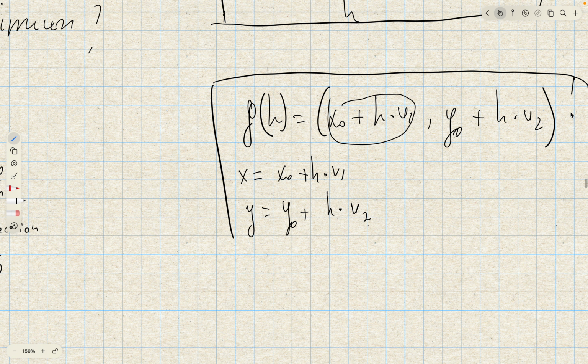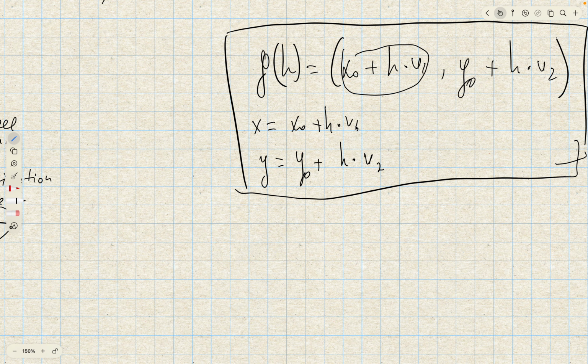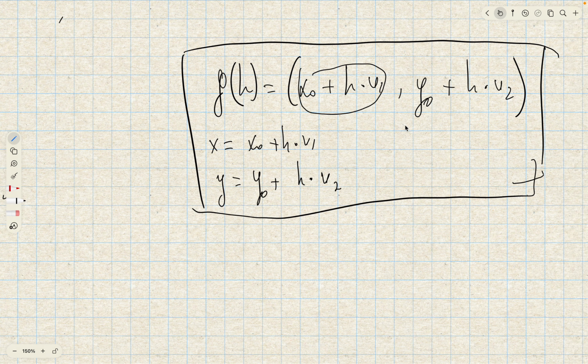And how do we find a derivative of such a function at point h? The answer is simple. We will use the chain rule, but we will not go into the details of it. If you want to learn about the chain rule more, you can just search on YouTube and find dozens of videos about it. So the formula for a multivariate function is the derivative of f with respect to h